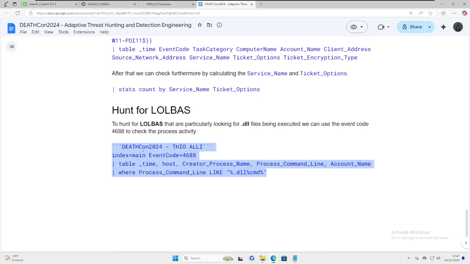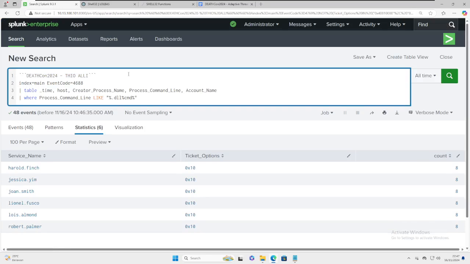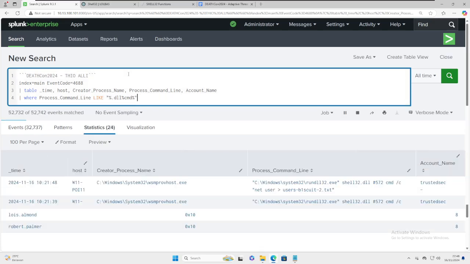We can use event code 4688 to check the process, and select the fields for the creator process name and the process command line. This time I use the where command again, which is more effective and easier to use than the regex. So here is the result.